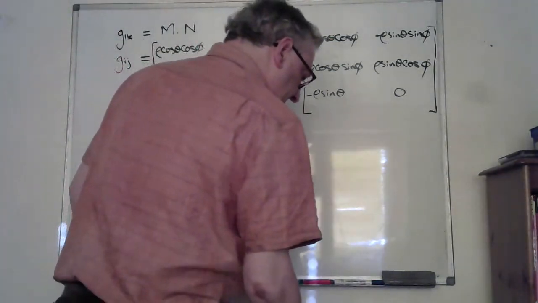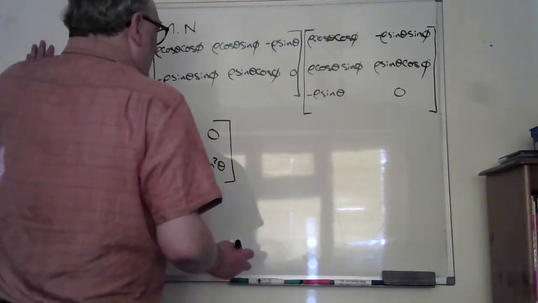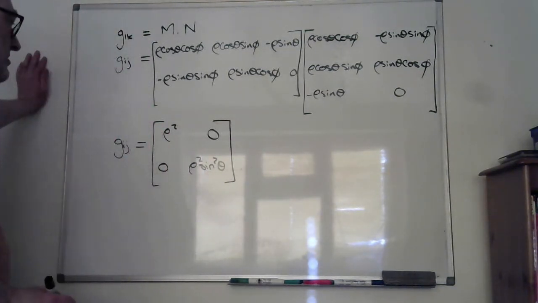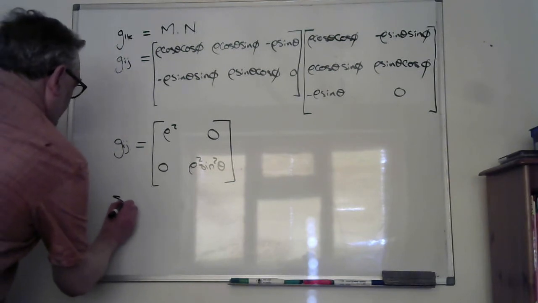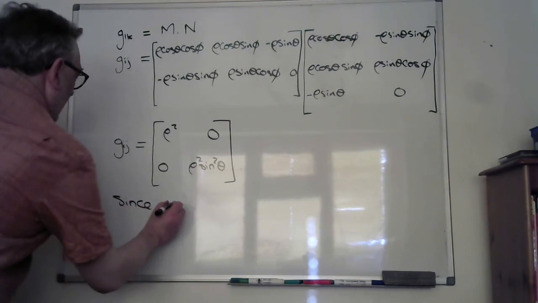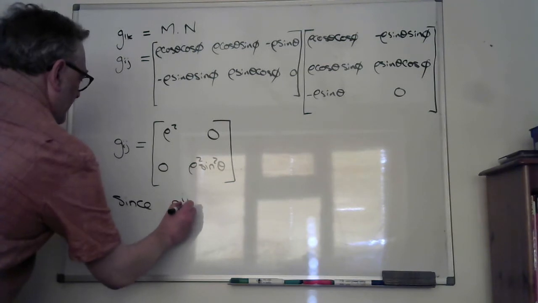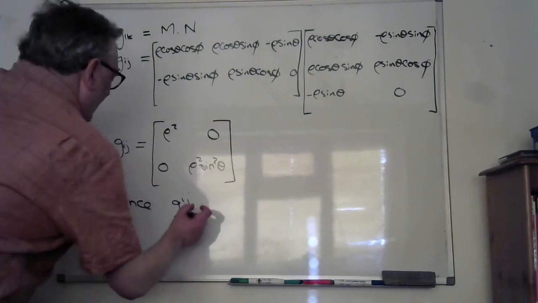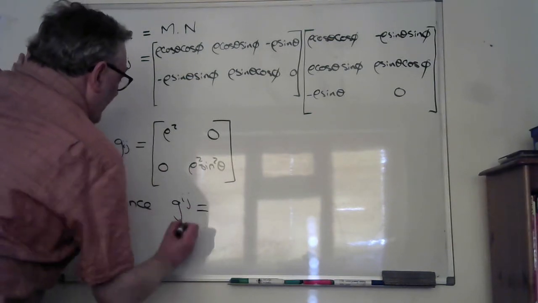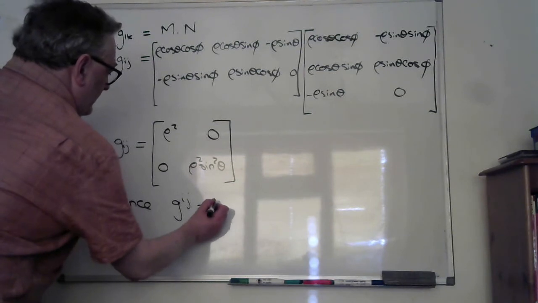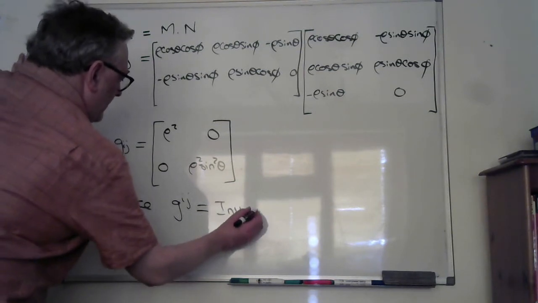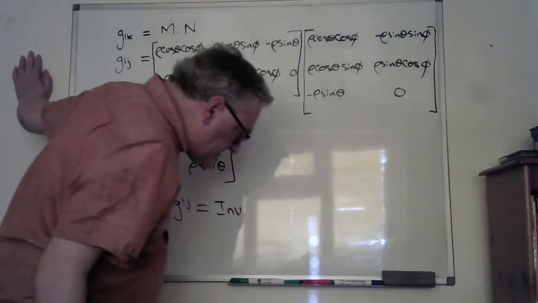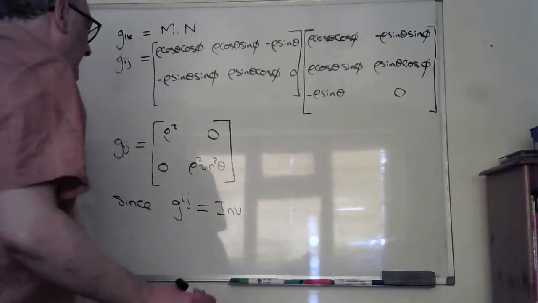Now, the inverse, and we've already covered this. I'm running out of board space, so let's put it down here. Since G superscript IJ, you could have still used LK, it doesn't really matter, we're talking about the same matrix. Since G superscript IJ is equal to the inverse, I just put INV. The inverse of